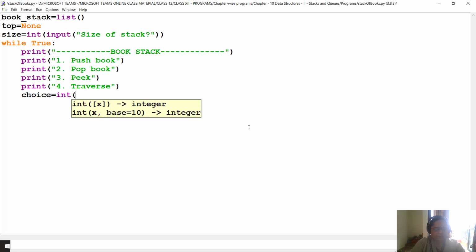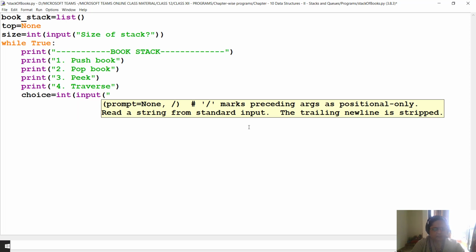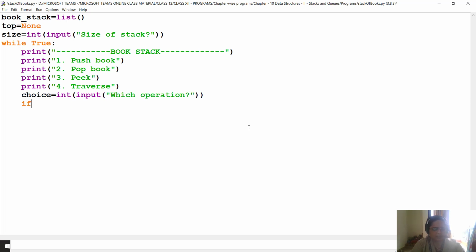And we will ask the choice from the user. Which operation? If the user gives choice as 1, that would mean that the user wants to push a book. We will temporarily write pass everywhere because firstly we need to concentrate on creating the structure.